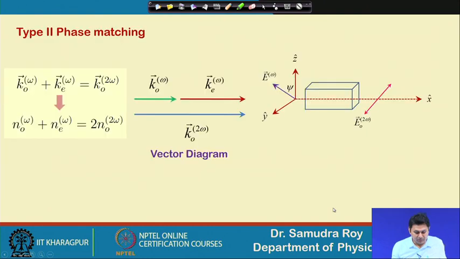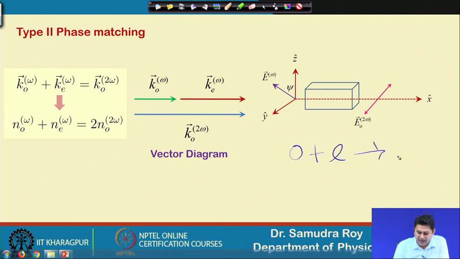Well, we are almost at the end of this class. So, type 2 phase matching, if I look carefully at what is going on. In type 2 kind of phase matching, the wave vector k omega of the ordinary wave and the wave vector k omega of the extraordinary wave are going to merge and generate k 2 omega of an ordinary wave. That is one combination, but you should remember that another combination is still possible. We have already learned that. So, there are two possibilities: an ordinary wave plus an extraordinary wave can lead to an ordinary wave, or an ordinary wave plus an extraordinary wave can lead to one extraordinary wave.